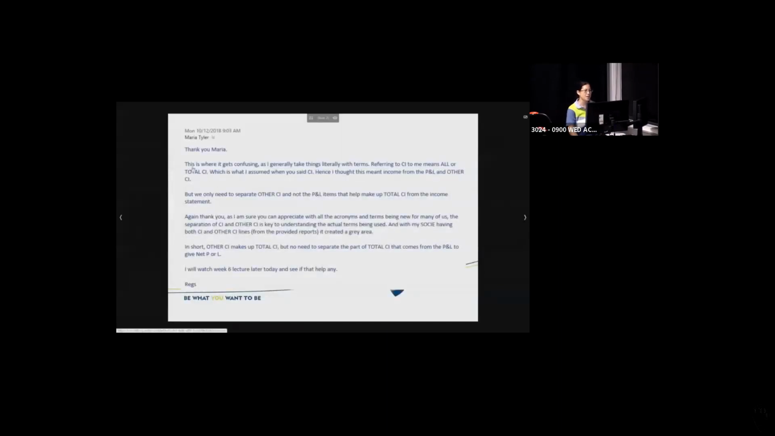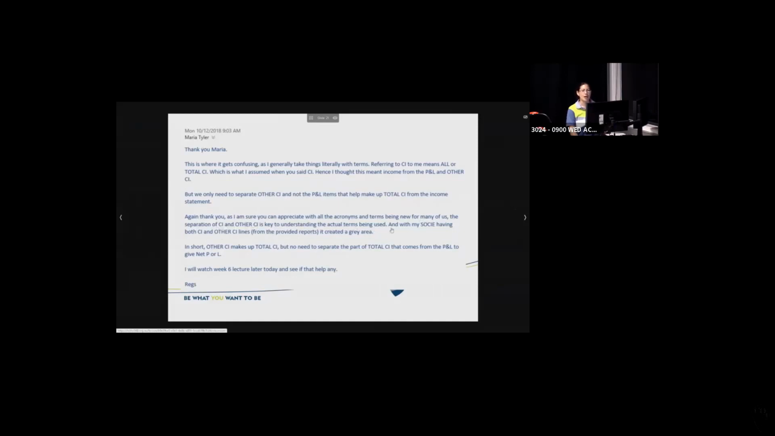So the student then said, thank you for that response. This is where it all gets confusing. Referring to CI to me means all or total CI, which is what I assumed when you said CI. Hence, I thought this meant income from the profit and loss and other CI. But we only need to separate other CI, not the profit and loss items that make up total CI from the income statement. Okay? So I'm sure you can appreciate, with all the acronyms and terms being new for many of us, the separation of CI and other CI is key to understanding the actual